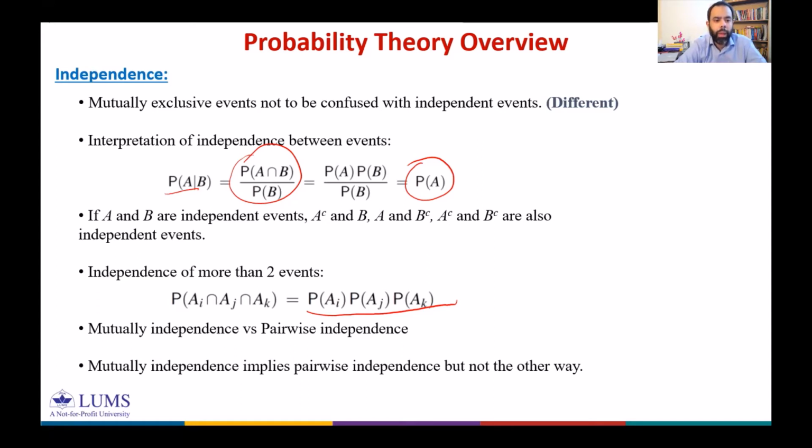Okay. Mutual independence versus pairwise independence. Obviously, if you have events which are mutually independent, they will be pairwise independent, but it's not the other way around. Okay, so these were some of the very basic concepts about probability, probability models, axioms of probability, Bayes theorem, and finally the concept of independence. Let's talk about